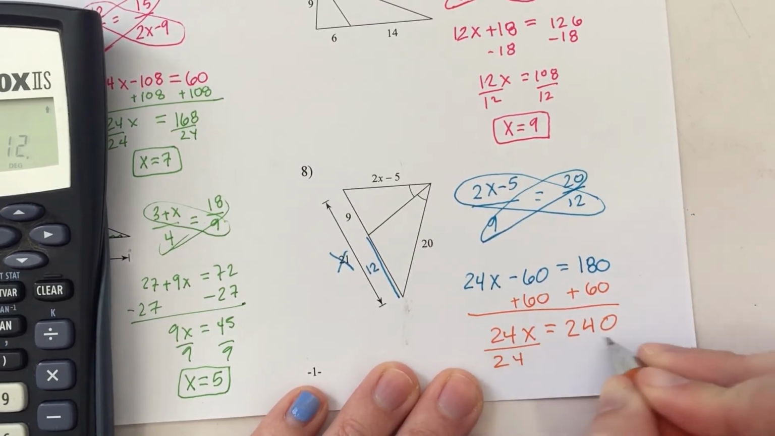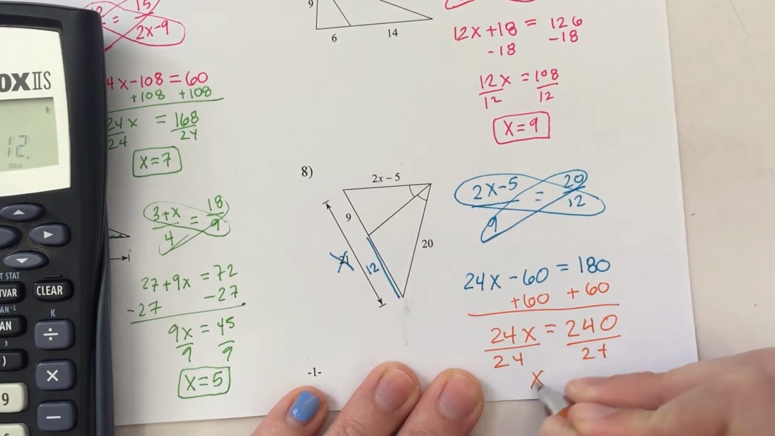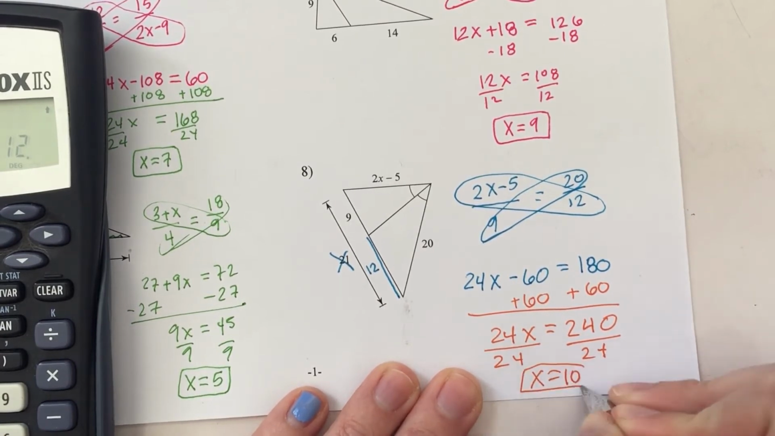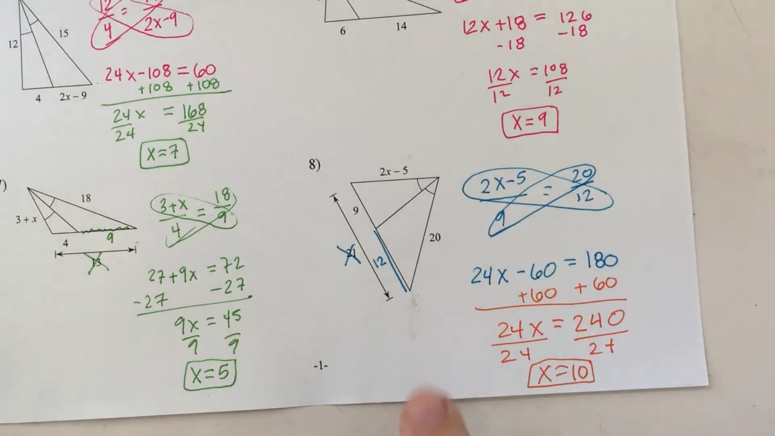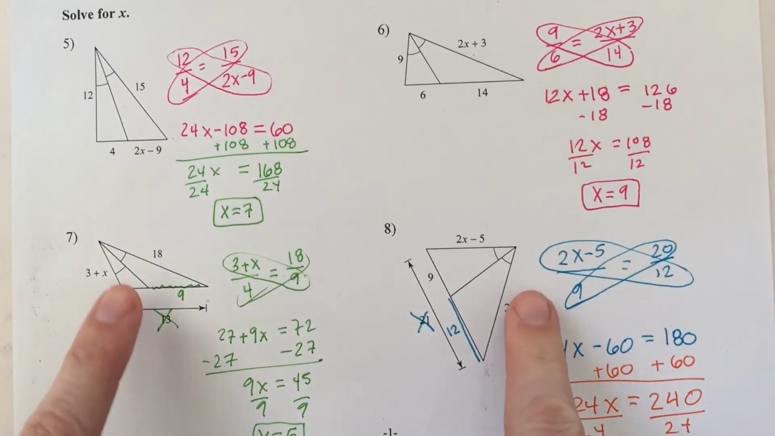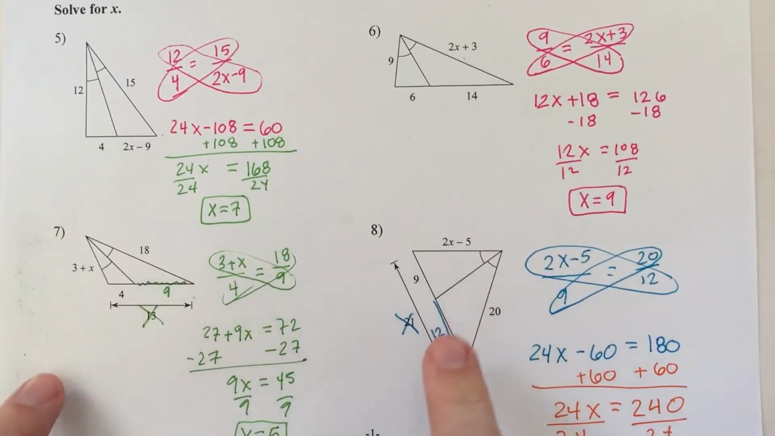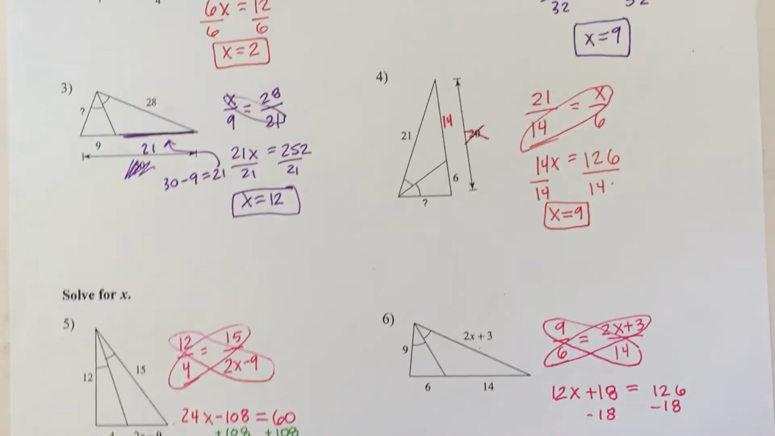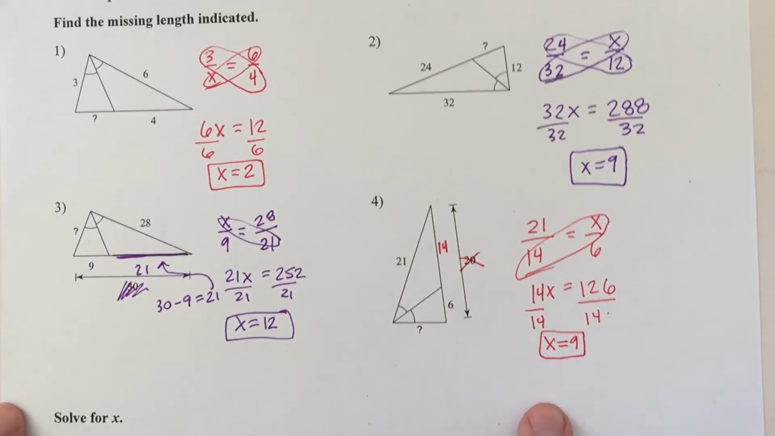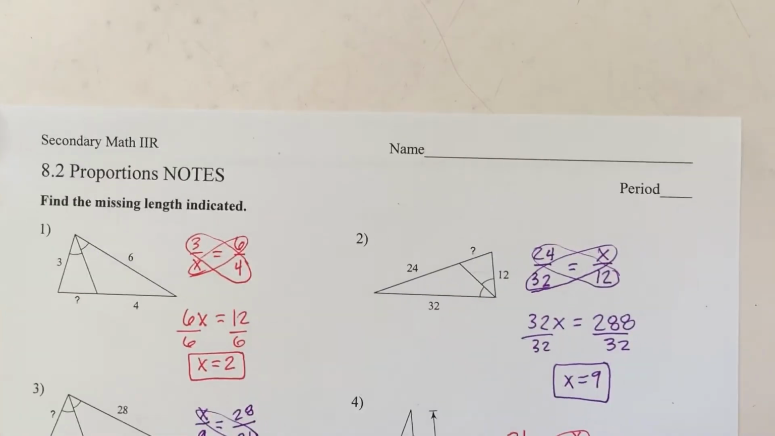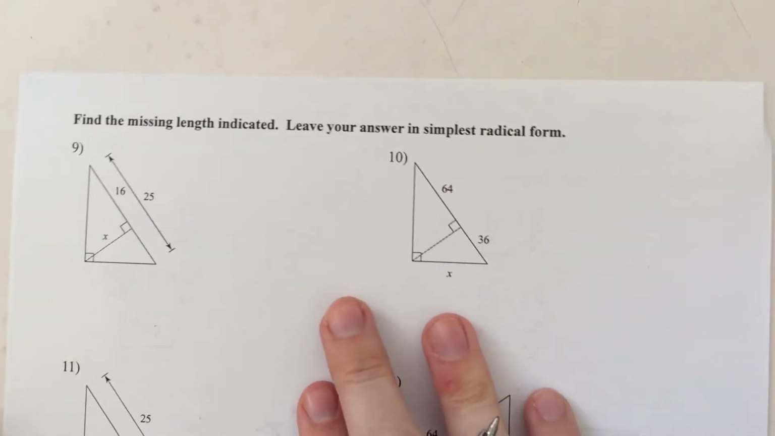Divide by 24. X equals 10. So these, solving with proportions, we are given angle bisectors, so we can set proportions up right away. The second page with proportions